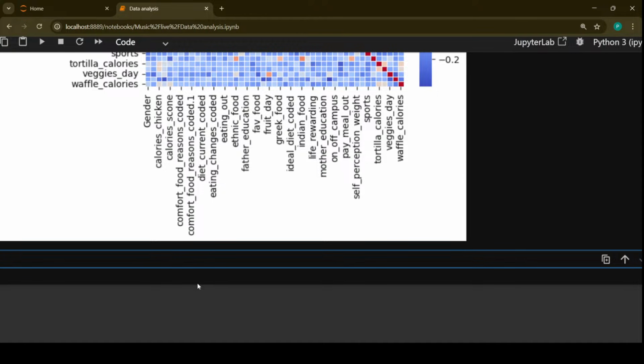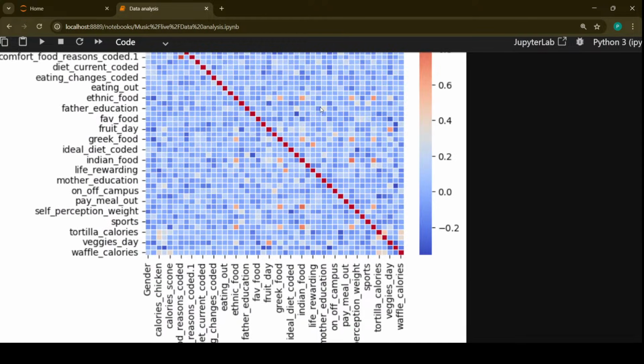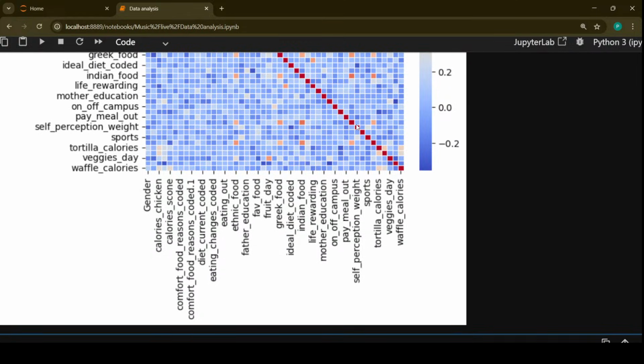And as we have seen, one of the columns, which were very hot, gives us that there are several calorie related variables which are strongly correlated. So based on that, the GPA is calculated. And then there were some